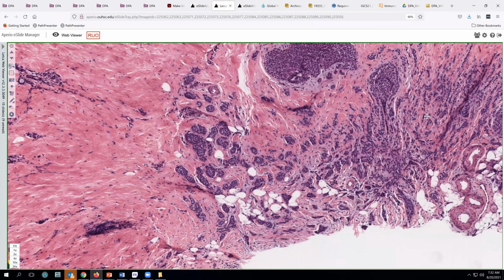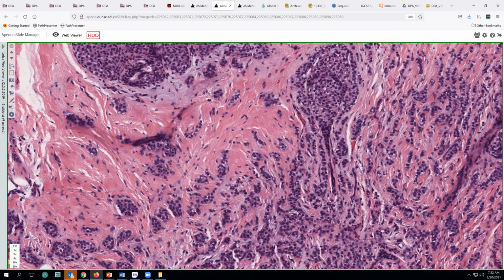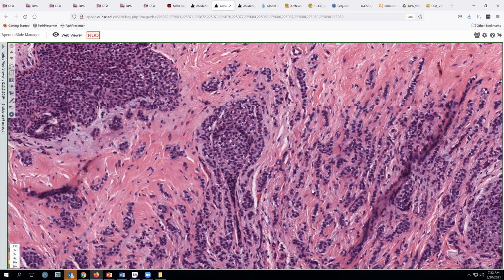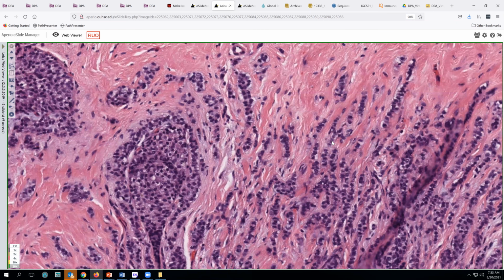So you'll probably have to take my word for it that this case was called a grade 1 on the basis of grade 2 architecture, grade 2 nuclei, and low mitotic index. Now, one of the questions that you might ask was, well, could this be lobular carcinoma? And I think when you see strands and cords like this, that question very justifiably comes to mind, and that should be considered. So while we recognize that this architecture, this Indian file pattern, suggests lobular carcinoma,